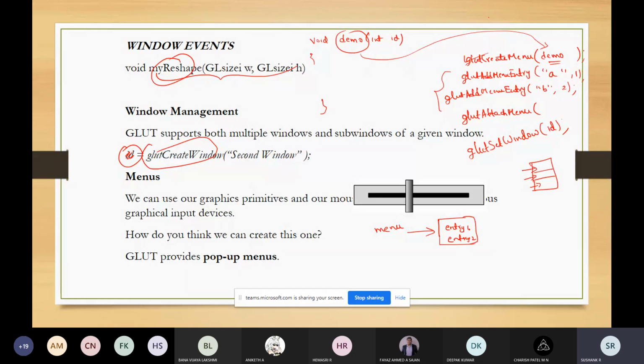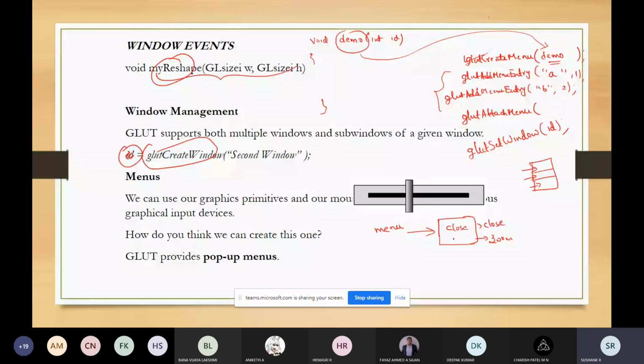This can be like the close option, and this can be the zoom option. We have some menu which is having two entries. The first entry is closing the application. The second one is zooming of the object.